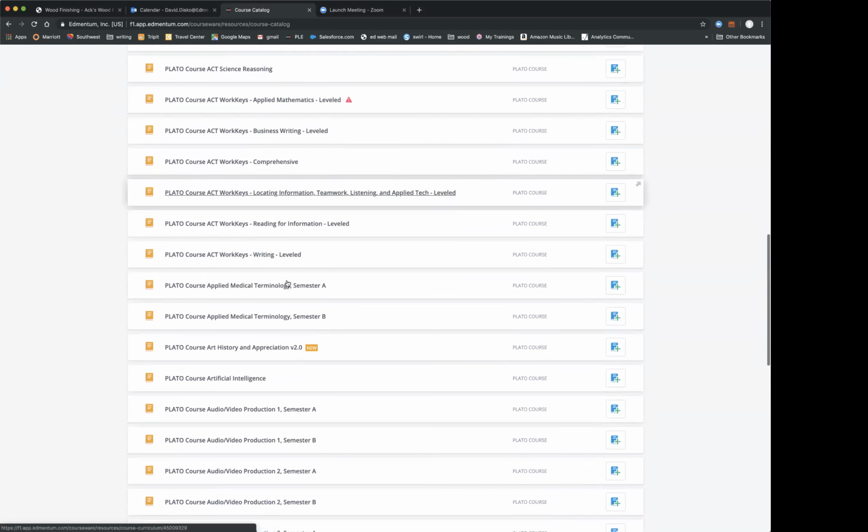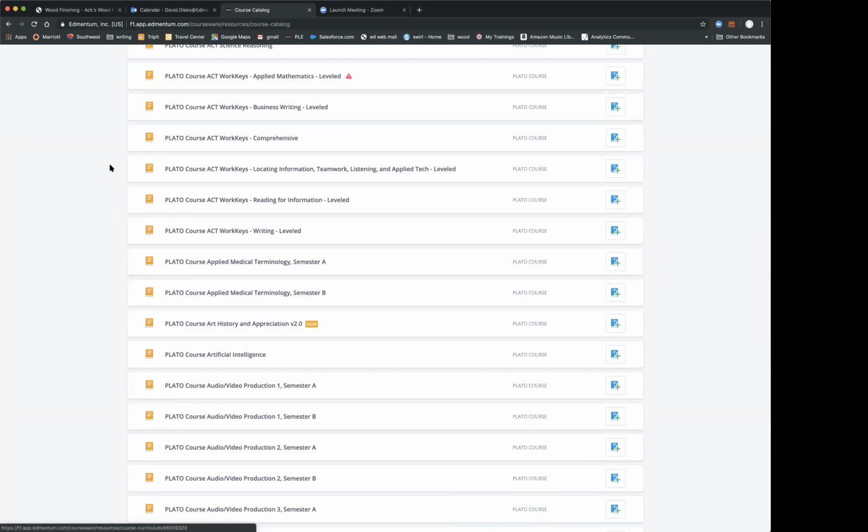But what's interesting, and some people are familiar with this concept and some may not, is we have a thing called ACT Work Keys. Now, ACT Work Keys is like the ACT test, only it's focused on the academic skills needed within the workforce. Some people get a little confused about that statement, so let me clarify.